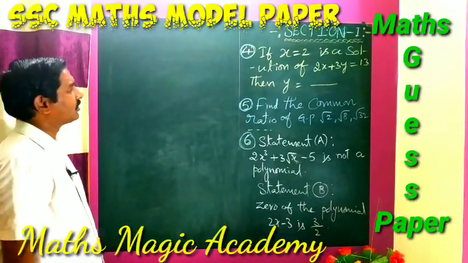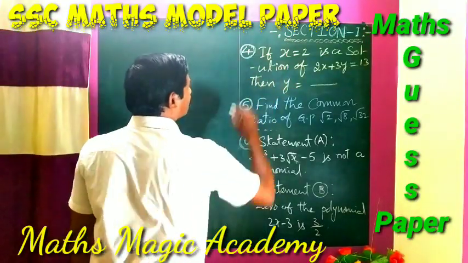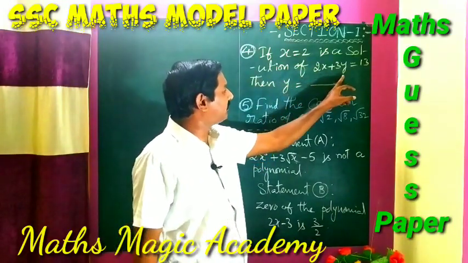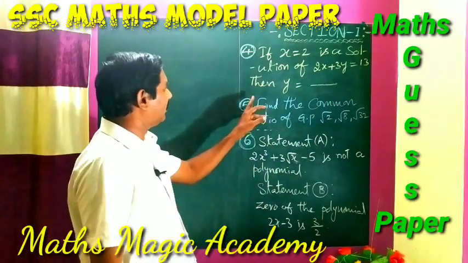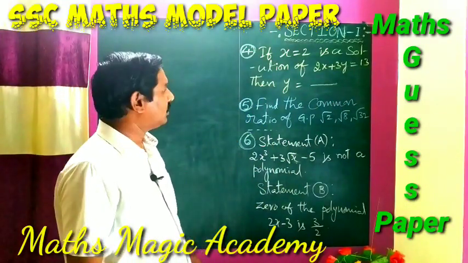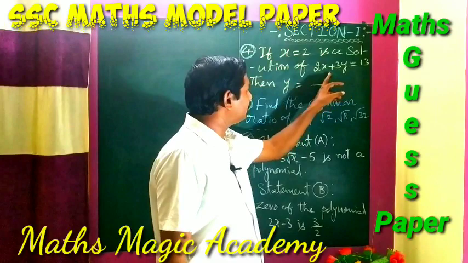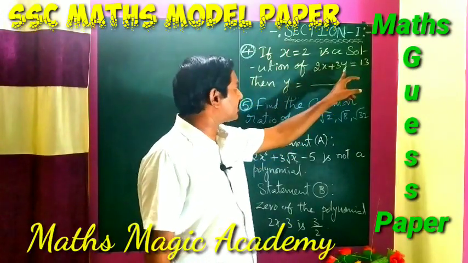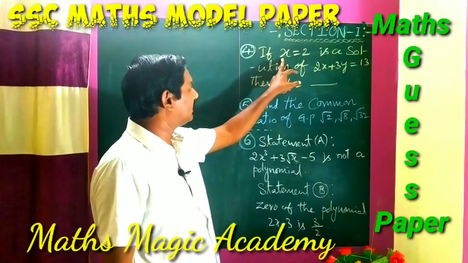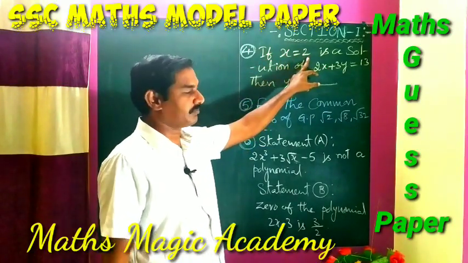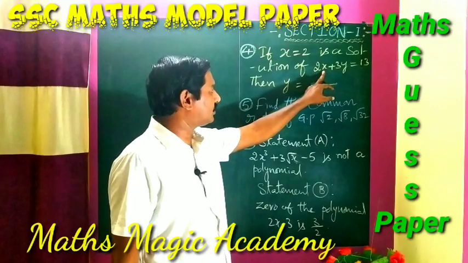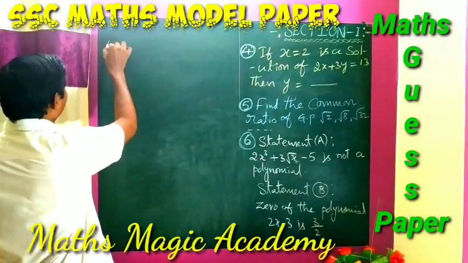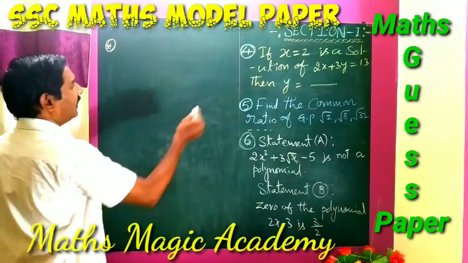Next, question number 4. If x equals 2 is a solution of 2x plus 3y equals 13, then find the y value. So here one of the equations is given, that is 2x plus 3y equals 13. For this equation, they have given the solution x value as 2. That means if the x value is 2, then what is the y value they are asking. Just simply we can solve this problem by taking the equation